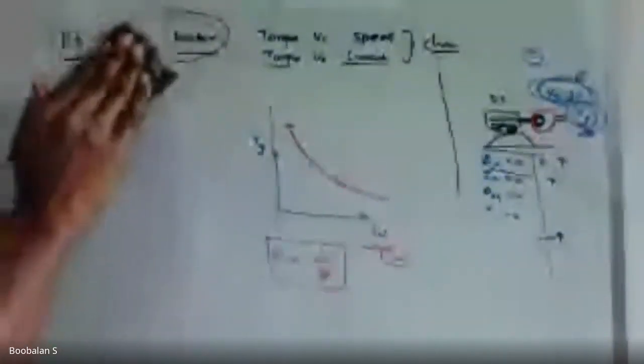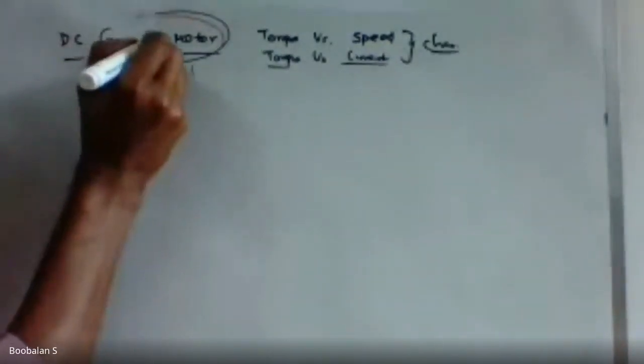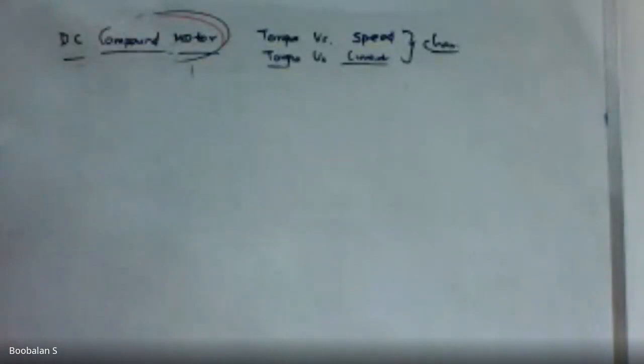Now we'll go with one more type of motor, that's called compound motor. With the compound motor we're going to stop today's class, and tomorrow, Monday, we're going to start with AC, Tesla. It will be a very interesting topic. And this is the last type, compound motor. PMDC is not in your syllabus, so I'm going to skip it right now.